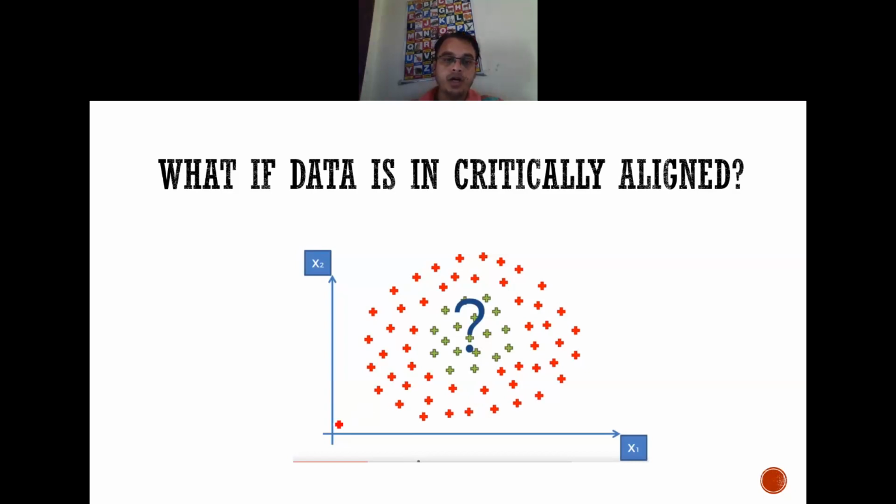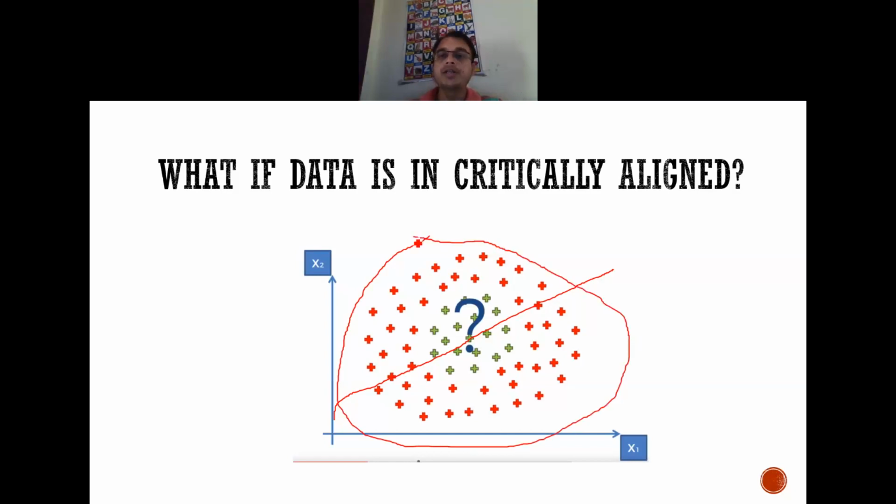If I draw a line in this fashion in a linearly separable setting, is it possible to separate these two classes? Definitely not. Why? Because if you look at the pattern of the data, it is in a circular fashion. Hence, in order to separate these two classes, we are not relying on a linear method.